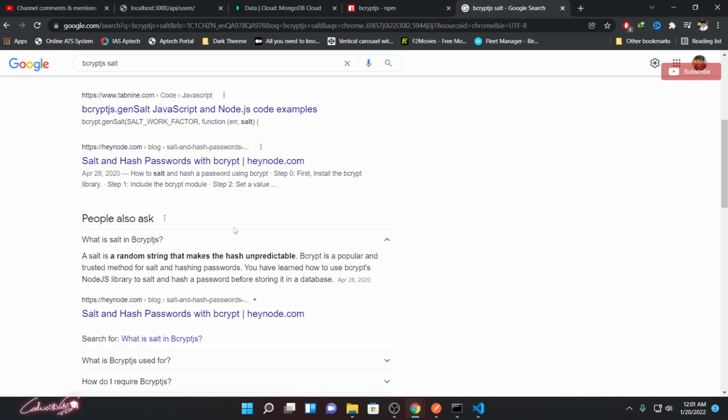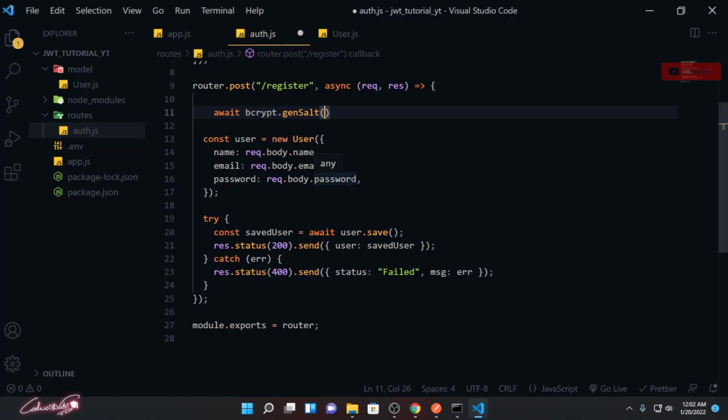So we need to create a salt, and it's a value which you pass to the hashing algorithm for bcrypt. If I give 20 or 30, it will create that much hashing characters. If you use a high value, your password is too tough to predict. The default value is 10, so we are going to use the default value as it is. I'm going to pass the value as 10.